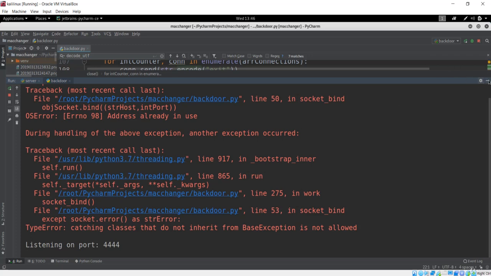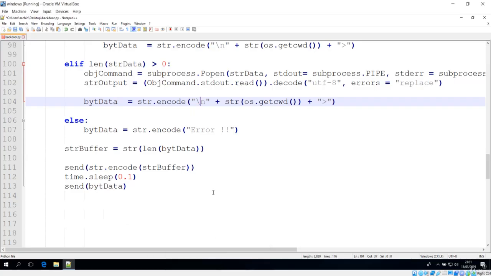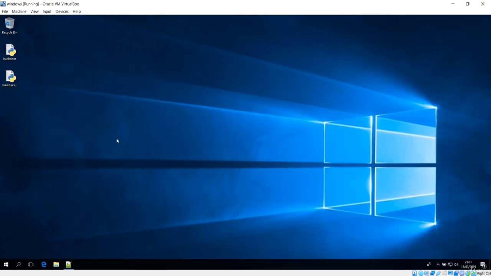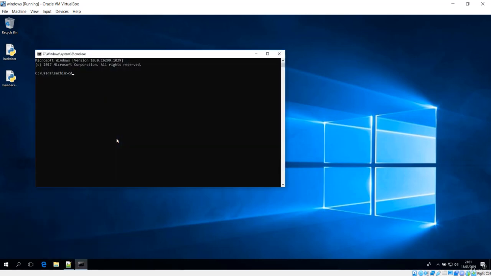So let's go for the client part. Let's save this first, and let's run the command prompt again, desktop, and here I want to run my backdoor, which is this file, and it is giving us an error that the standard output over here is invalid.